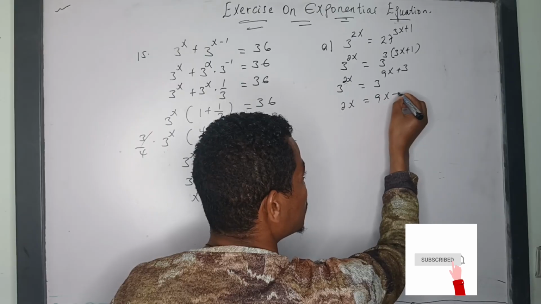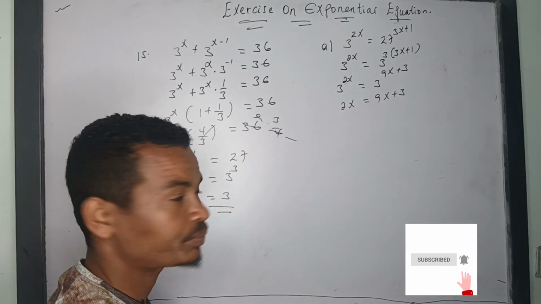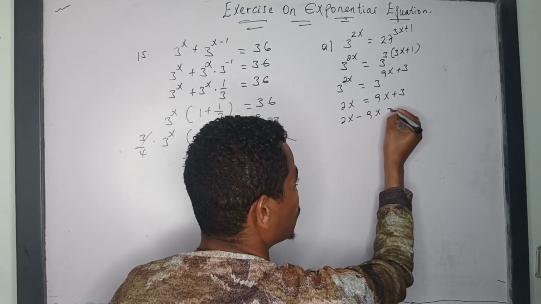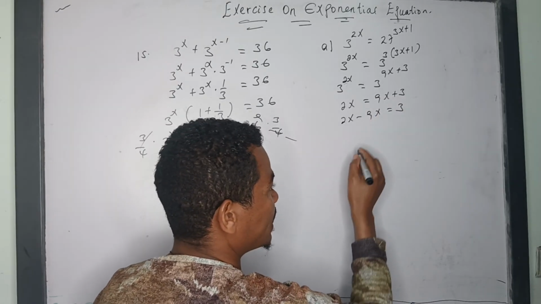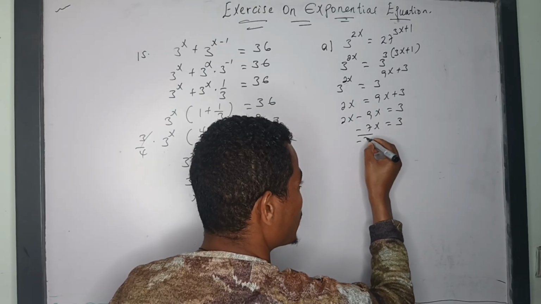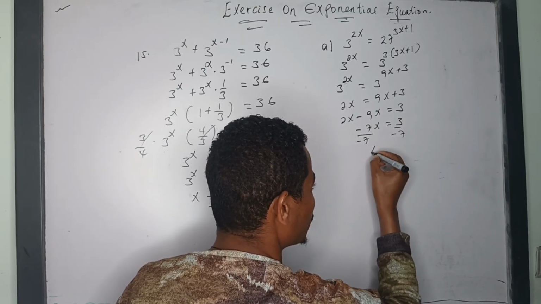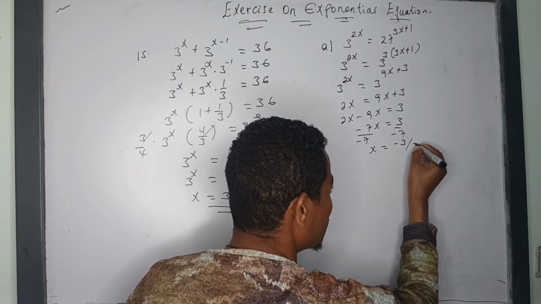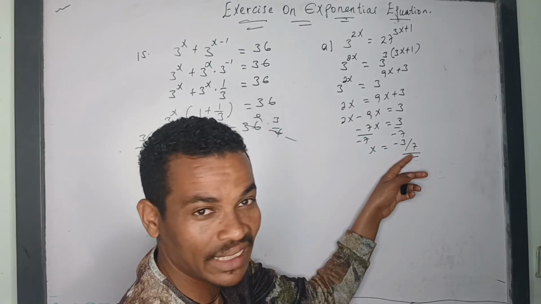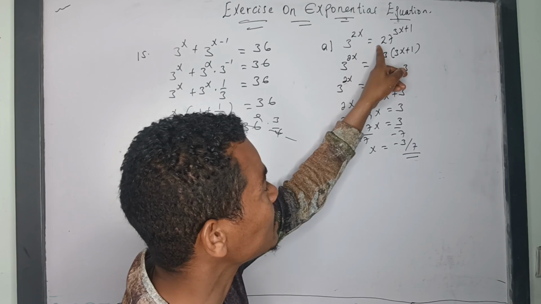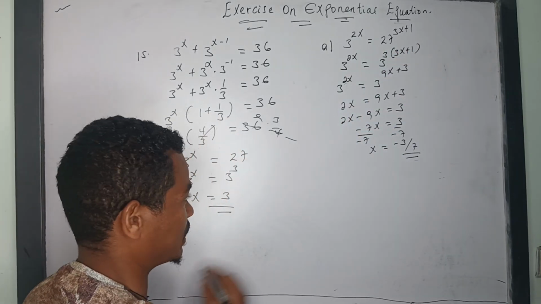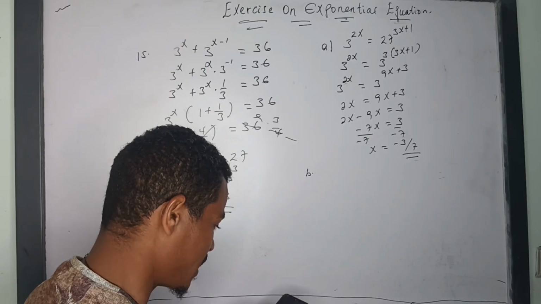So 3 the power of 2x is equal to 3 the power of 3 times 3 is 9x plus 3 times 1 is 3. They do have the same base, so exponentaቸው እኩል መሆን አለበት። That is 2x is equal to 9x plus 3. So from this one 2x minus 9x is equal to 3. 2x minus 9x is minus 7x is equal to 3. So both sides divided by minus 7. So the value of x is equal to minus 3 over 7 ይሆናል ማለት ነው። So that means when the value of x is equal to minus 3 over 7, 3 the power of 2x is equal to 27 the power of 3x plus 1 ይሆናል ማለት ነው።